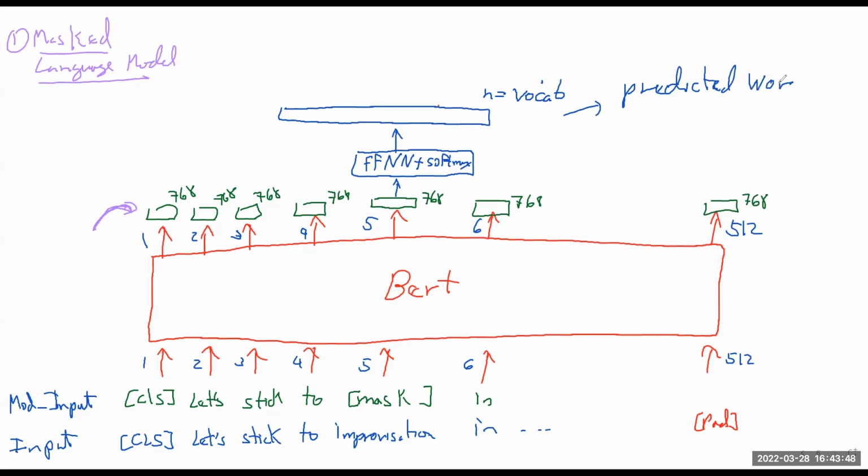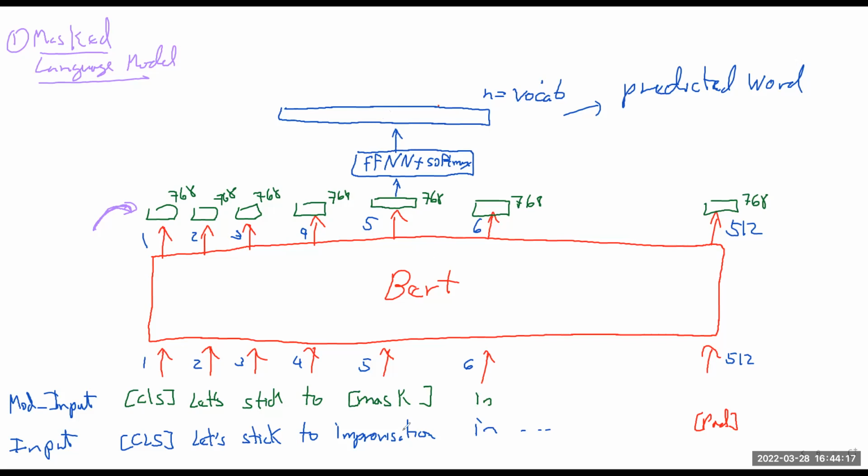It's going to predict something, and we already know because of the input that it should be improvisation. You see that? So it should be improvisation, and it's going to predict the word with a softmax probability, and that's how we know if it did it correctly or not, right? So we can measure the performance of the transformer